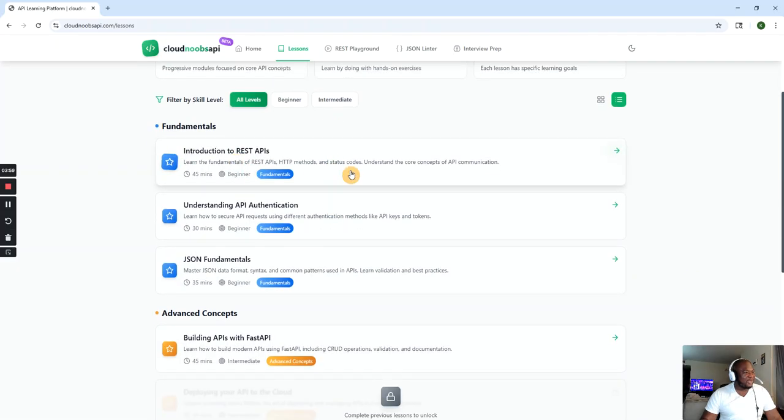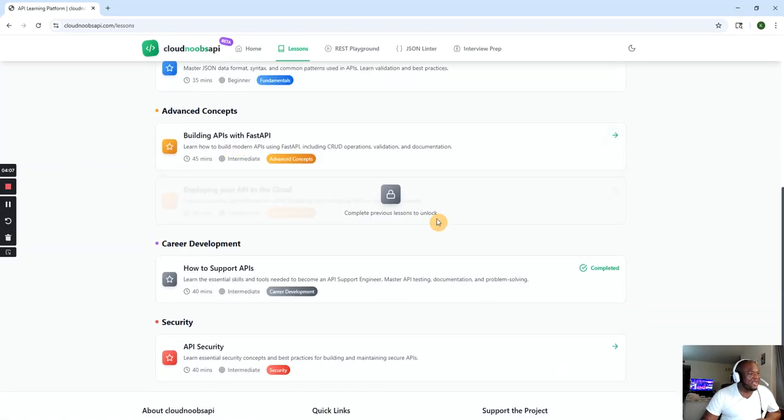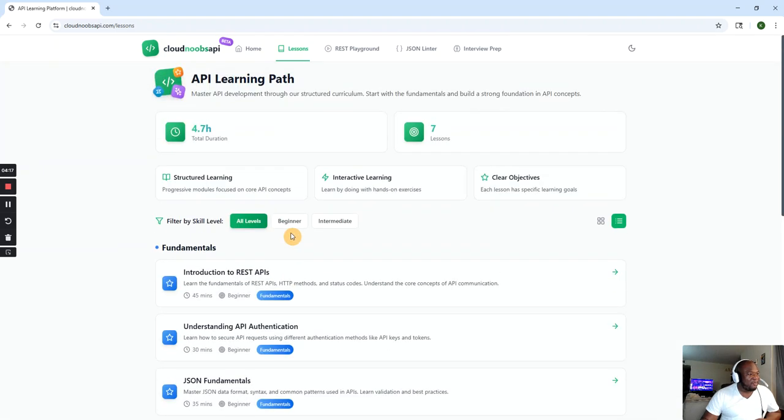You have introduction to API, REST API, understanding API authentication, JSON fundamentals, building APIs, how to support APIs, career development, and security. It goes deep into how to learn APIs, and it's all levels, beginner and intermediate.